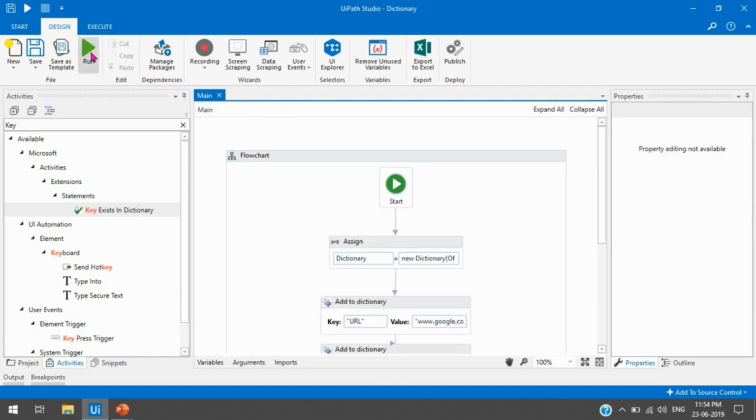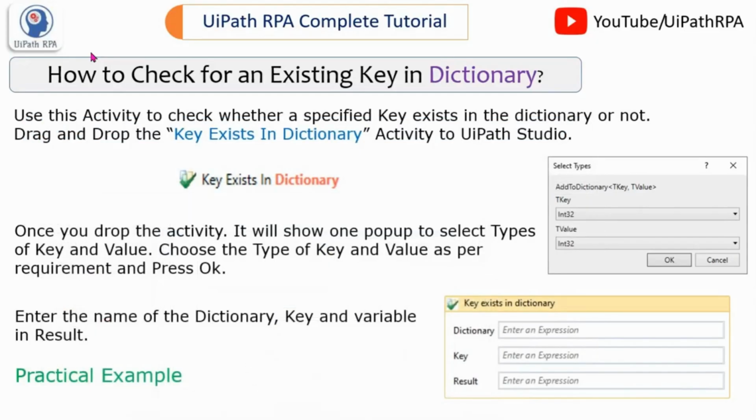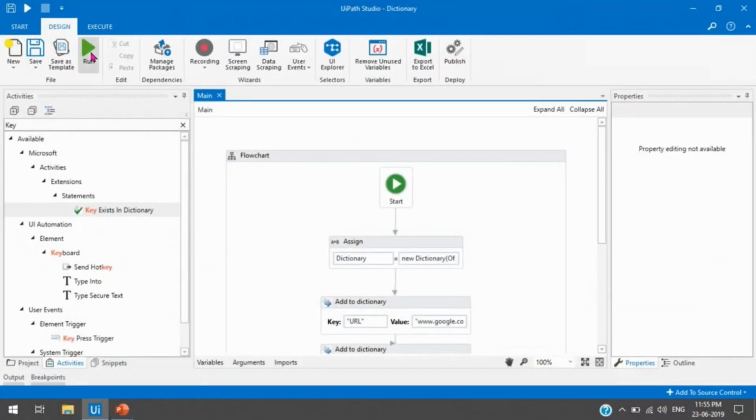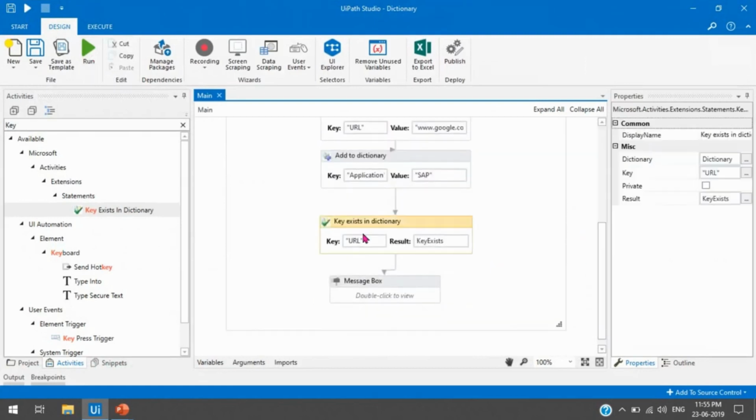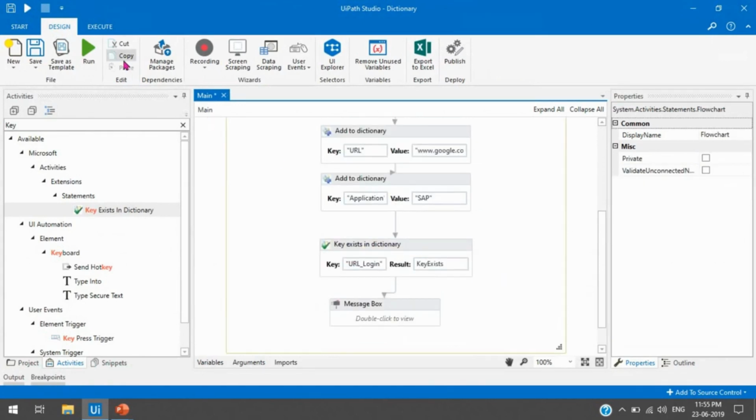So let me run this. So we know here we have the URL key already available in the dictionary, so we'll get true here. We are getting true here. Let me change the key of this. I'm just putting here URL login, and then let's run this.